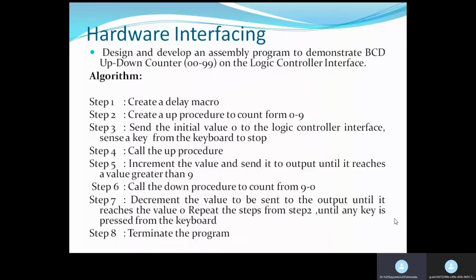Each time the value has to be displayed until it reaches 9. When it reaches 9, we need to call a down procedure that will take the value from 9 to 8, then from 8 to 7, and each time the value goes down, it has to be displayed.